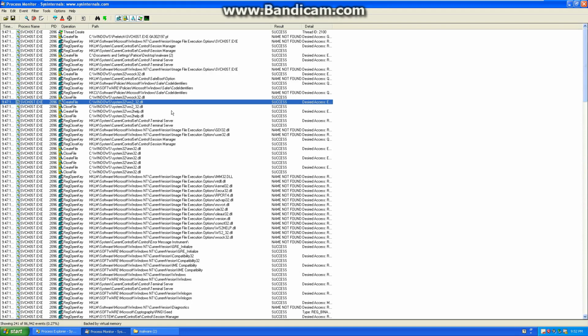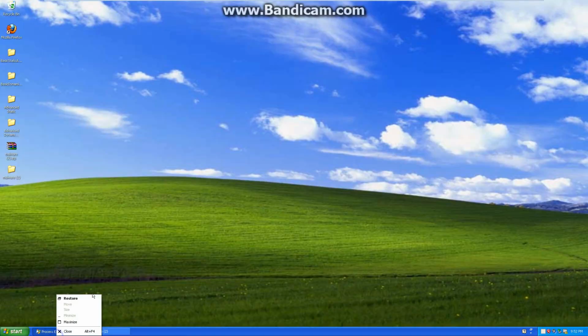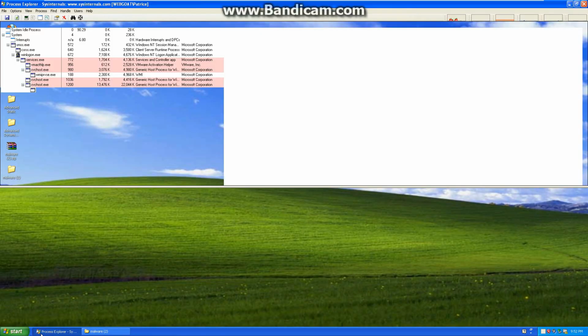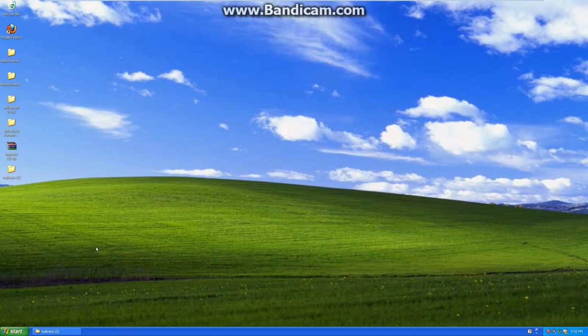So basically this is what you can do using Process Monitor. Alright, so now I close Process Monitor, I close my Process Explorer, and I'll move on to another